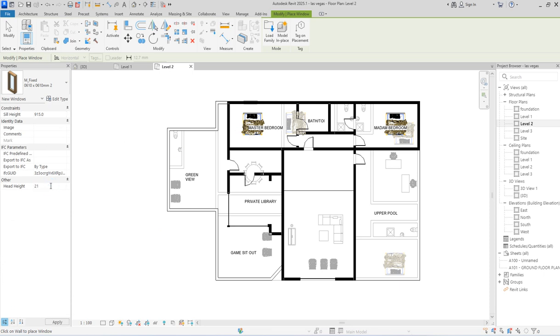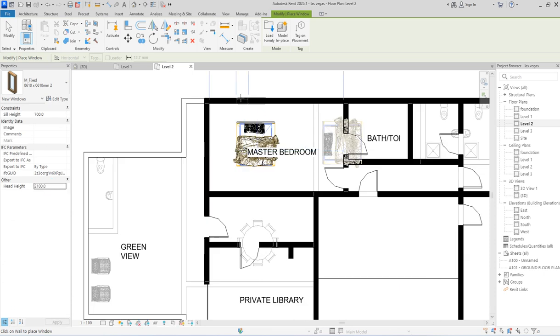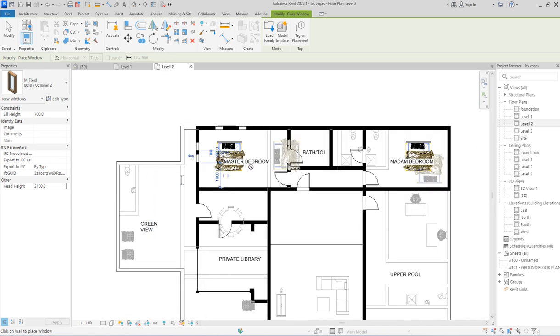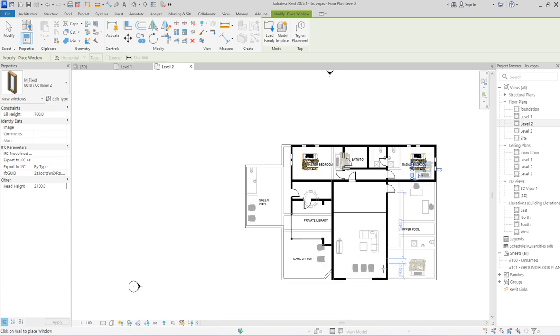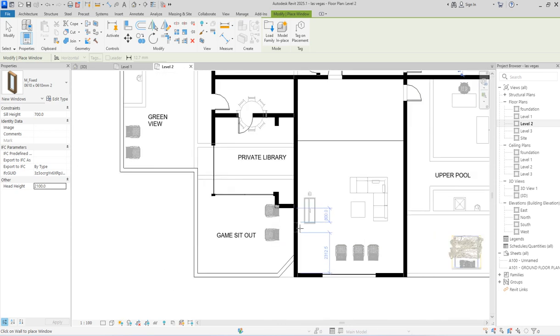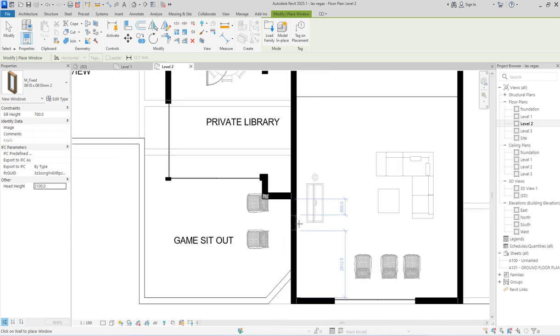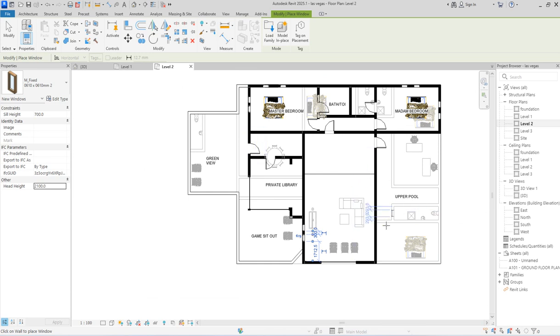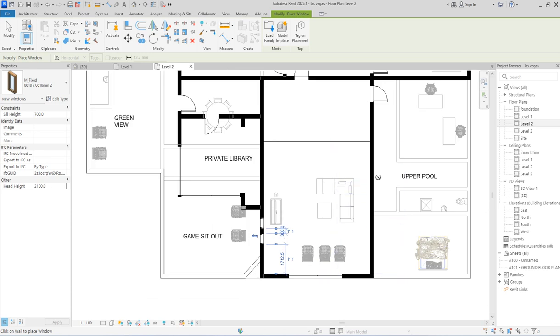So you change this to 2100, then start placing the window here, place another one here, put another one and put another one here. So you do the same thing here for the madam, you do another one for the other side. So we have it here now. So what are the things that we needed here? This place needs to be open, so we just place a window here for now. So we are still going to find a way to manipulate the whole process and do something nice and beautiful.